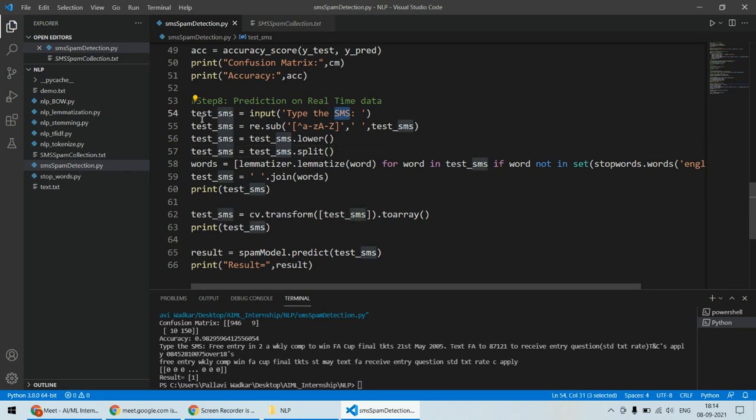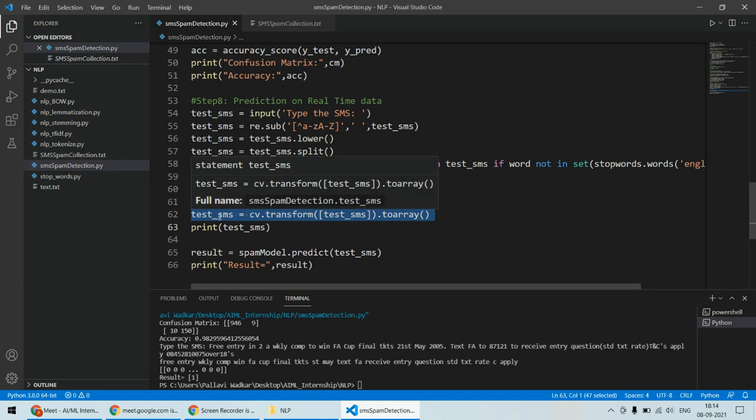तो वो करने के लिए हम यूजर से बोलेंगे कि आपका एसएमएस यहाँ पे टाइप करो, और जो यूजर यहाँ पे एसएमएस टाइप करेगा तो फिर हम उस एसएमएस को वही सब कुछ करेंगे, उसका पंक्चुएशन हटाएंगे, लोअर, स्प्लिटिंग करेंगे, लेमेटाइज करेंगे, ज्वाइन कर देंगे, और उसको यहाँ पे प्रिंट भी करेंगे। हमने यहाँ पे प्रिंट करके देखा है डिबगिंग के लिए कि ओरिजिनल हमारा एसएमएस किस तरह से था, एसएमएस देने के बाद उसका क्या हो चुका, उसमें से कौन से वर्ड्स हटा दिए। एंड देन फाइनली उसको प्रिंट करवाएंगे, एंड एट द एंड उसको फिर से हम ट्रांसफॉर्म करेंगे बैग ऑफ वर्ड्स के फॉर्म में।